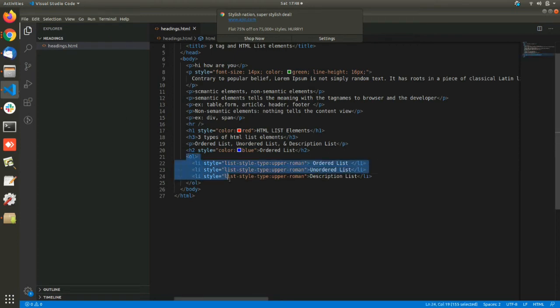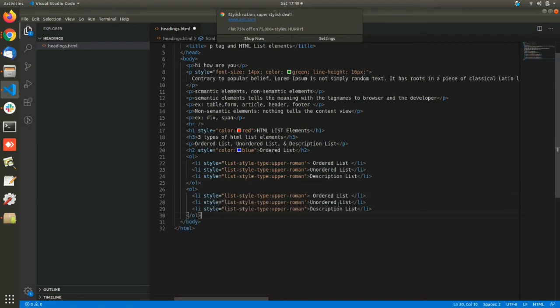I will copy and paste this another one. Here I want to give the letters. List style type lower alpha. I want to give lower alpha.